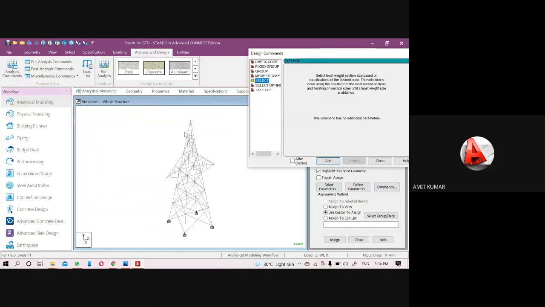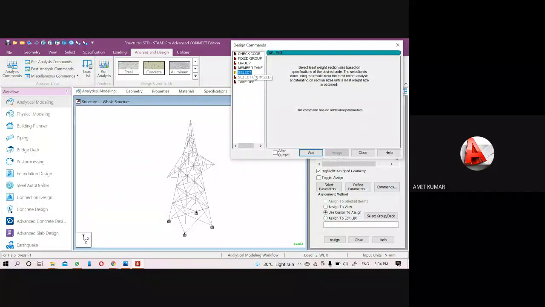That means if I select the select option, then it will provide the least weight size. Okay, maybe when we increase the load, the structure may fail. But if I select the select optimize, then if we increase the load, up to an optimum value it will bear that load. That means the structure can bear that load also. So I will use the select optimize option here, then after that click on the takeoff also.